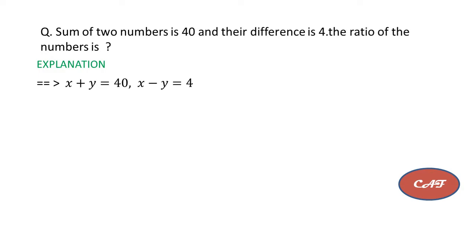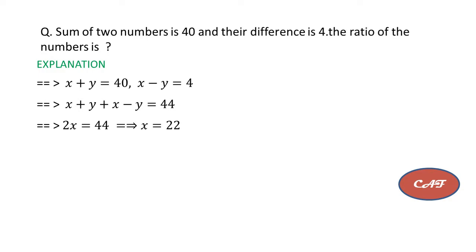If you have two variables, then definitely you need two equations, then only you can solve the problem. So I have two equations, x plus y is equal to 40 and x minus y is equal to 4. So I can find those variables easily. Presently I am adding both equations. So x plus y plus x minus y is equal to 40 plus 4, 44 will come. The plus y and minus y will cancel, then the remaining will be 2x is equal to 44.